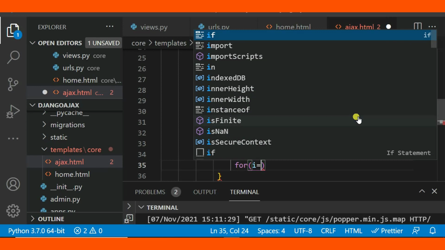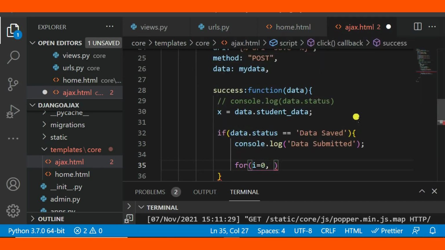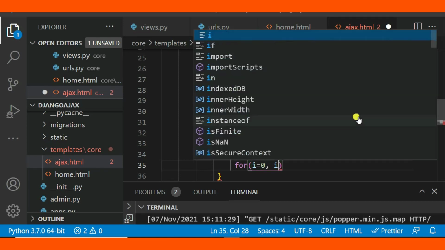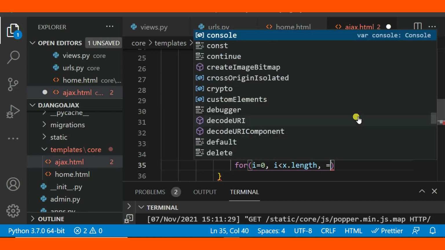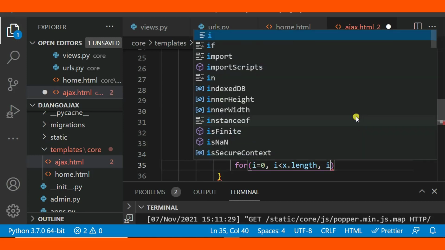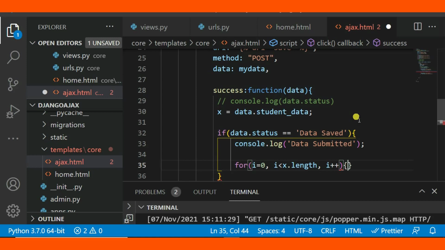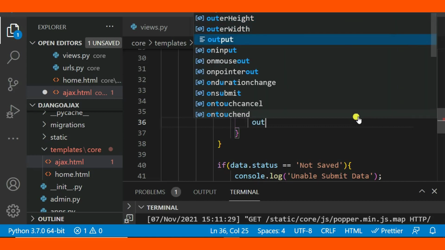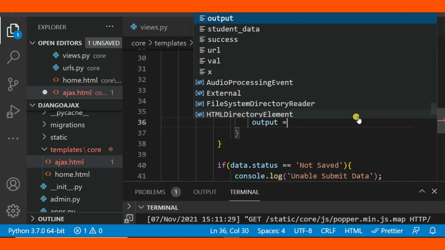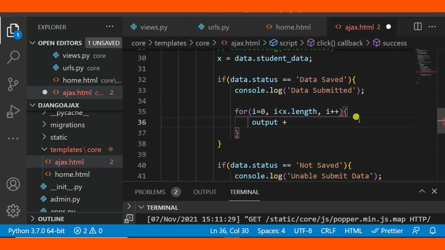Okay, so here I can say for (i = 0; i < x.length; i++). Then inside here I need to do something small. So let me take output is equal to,